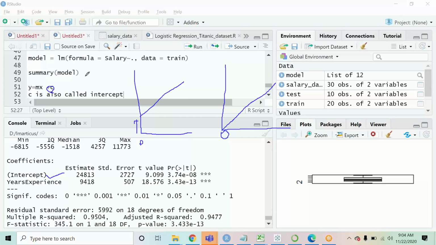If a person has 0 experience, will I say he will have 0 salary? No. If he has 0 experience, he will still have some salary. That is what is called the intercept, the value of c that you have got over here: 24,813. You can call it an intercept or a constant. This is what his salary would be with 0 experience. This is the value of m, the coefficient m, 9418. So now my equation has come up like this. My model is salary equal to